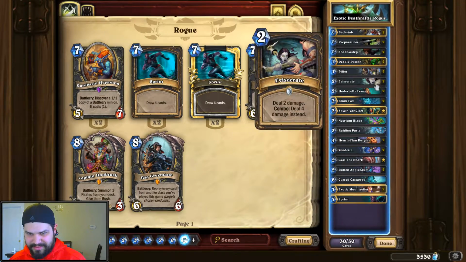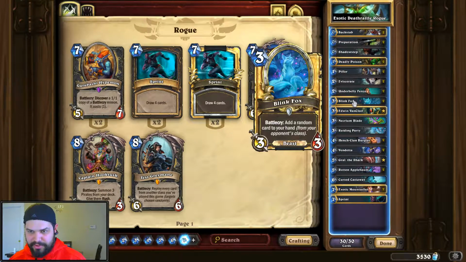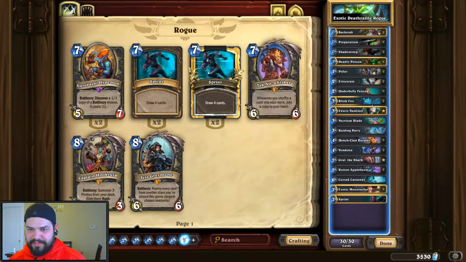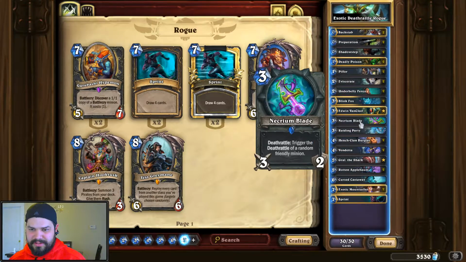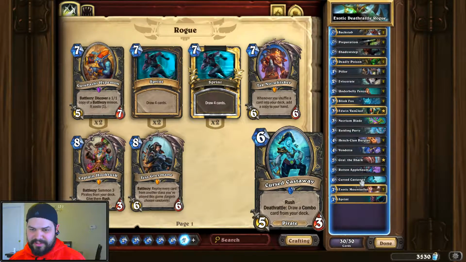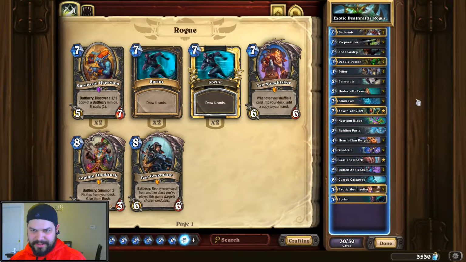Other than that, there's just not really too much. It's just a lot of cheap spells. The Burgle package here with Underbelly Fence, Blink Fox, Henchclan Burglar, and then some Pirates, obviously, with the Necrium Blade, Raiding Party, Henchclan Burglar, and the Cursed Castaway. But obviously Exotic Mountain Seller and Sprint because there's not really much card draw in here. So yeah,